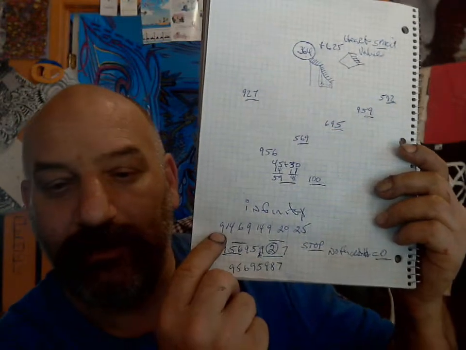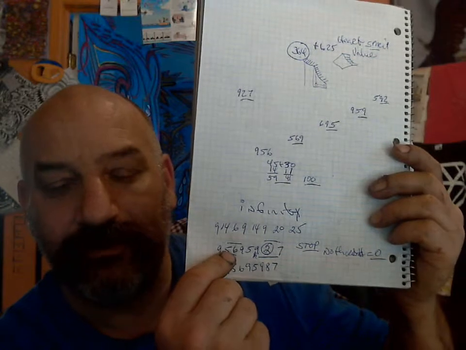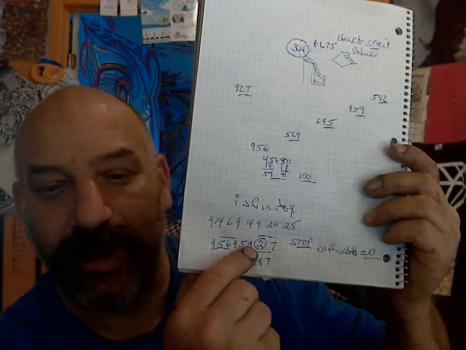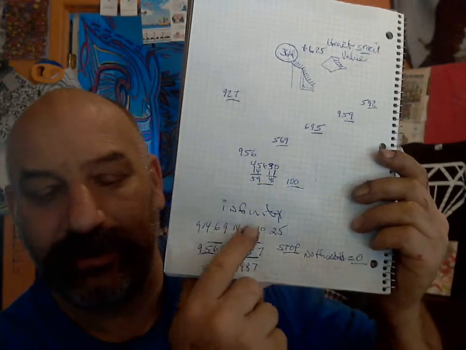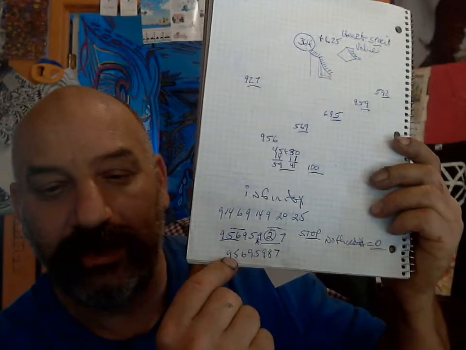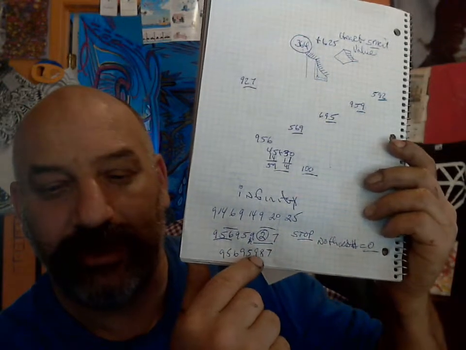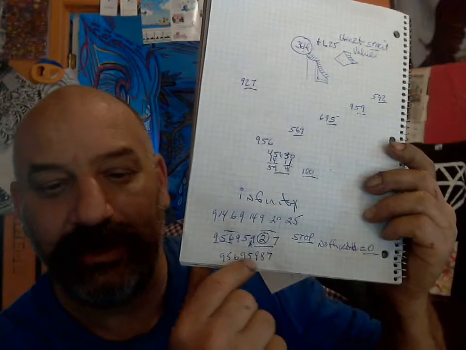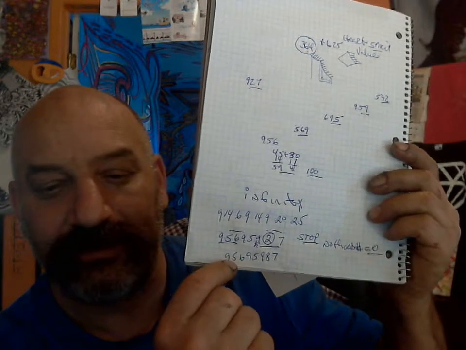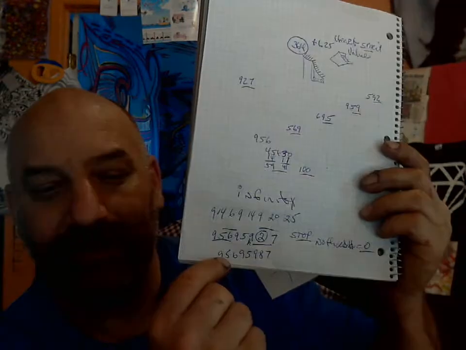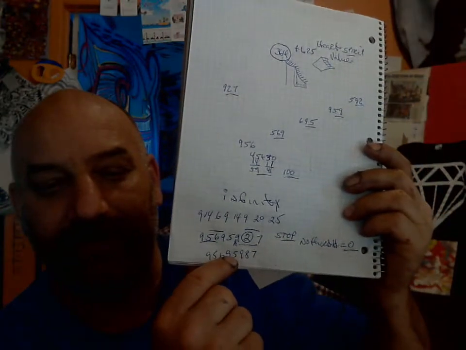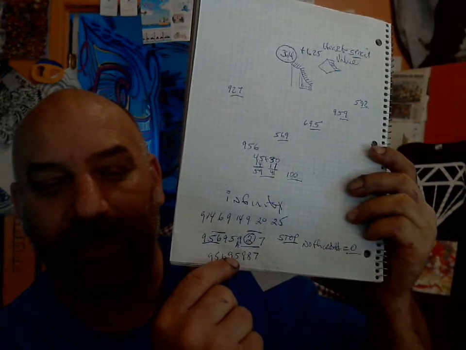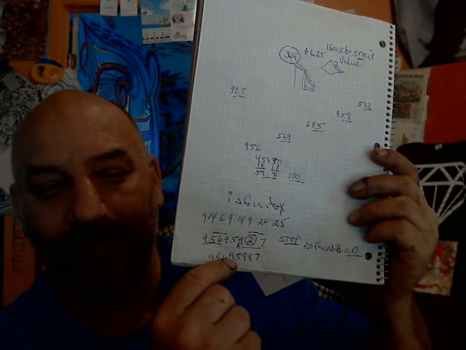When we go 9, 5, 6, 9, 5, 9, 2, 7 inside infinity. 9, 5, 6, 9, 5, 9, 8, 7. 9, 8, 7, 9, 5 inside 6, inside 5, 9. Now, inside here is 6, 7, and 8. 6, 7, and 8, and the cards, they're all the same.